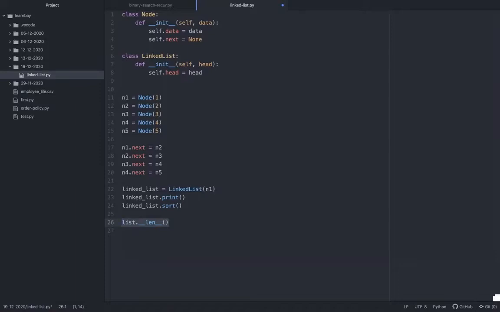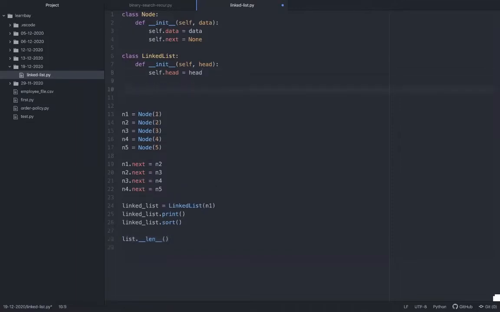So when I am calling len of linked list, I should implement something which should tell it, right? The generic len function will not know that it's my linked list, obviously. So even the print function, even the sort function, it's all custom. When we're defining our own data structure, we should be defining our own functions, right? That function definition will become linked list dot length. There I can implement the way I want, but